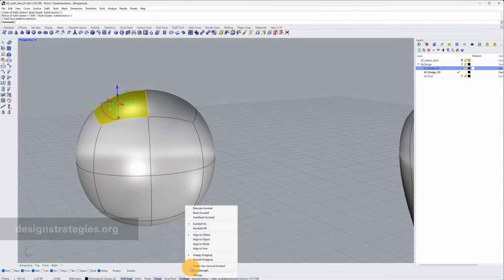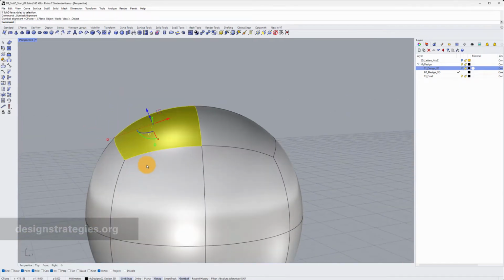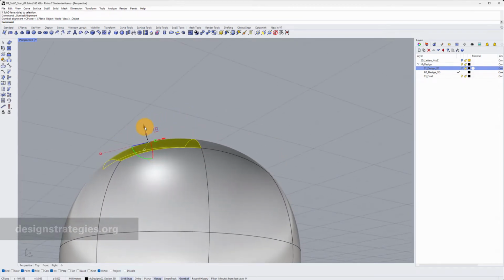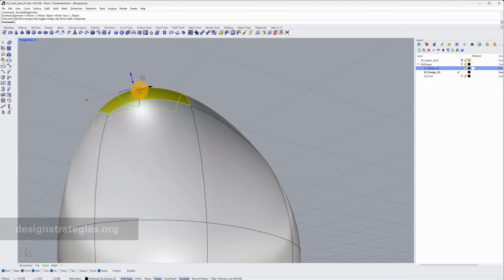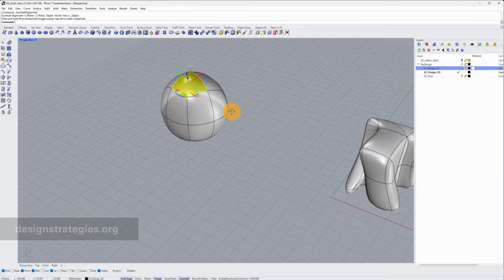If I just right-click on this gumball, you can say align to object, and then it is perpendicular to your face, which is probably something you want. And then you can see that you can just use parts of it to transform. And if this part is too big, really interesting,